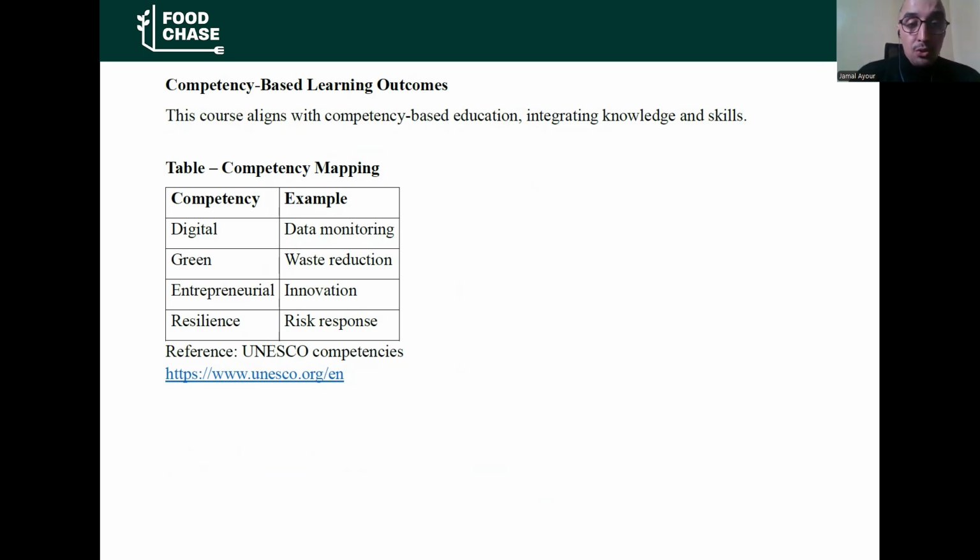Entrepreneurial competency: creating links between traceability, digitalization, and the food supply chain. Also resilience competency: risk response and minimizing risk using different tools and analysis.